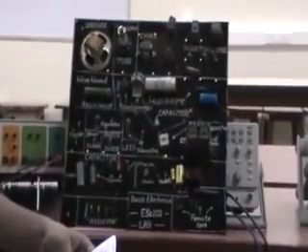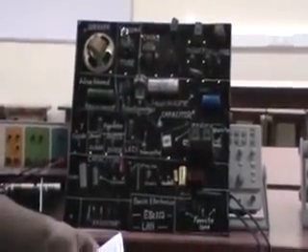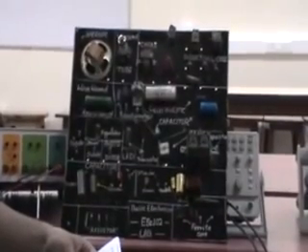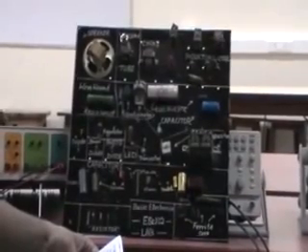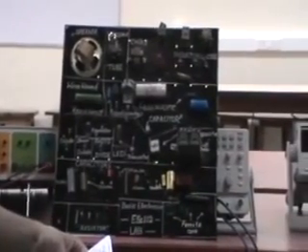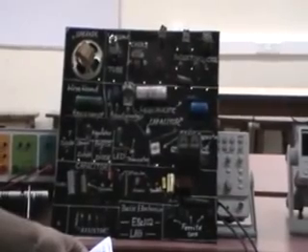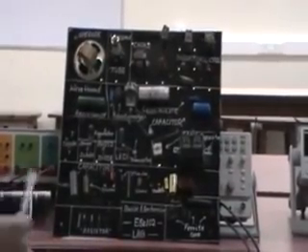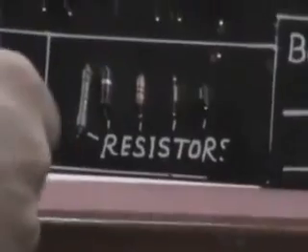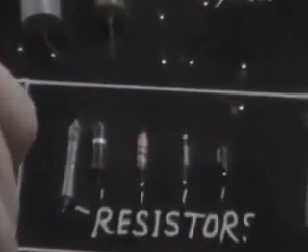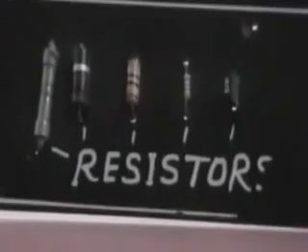Now, familiarizing with the passive circuit elements, that is the second part of the experiment. First, we will introduce the resistors. Resistors are basically of 3 types that can be classified as per their composition, power rating and tolerance. Here we can see some of the resistors which are of different compositions or of different tolerance or power rating.